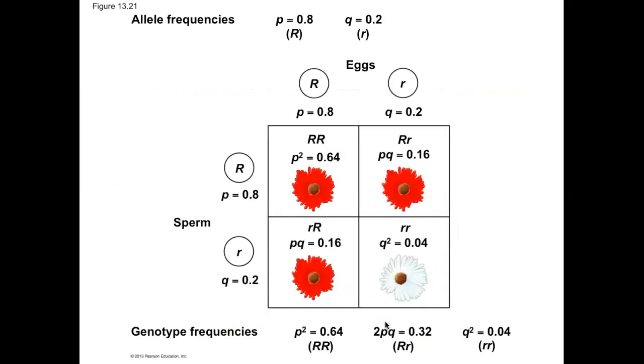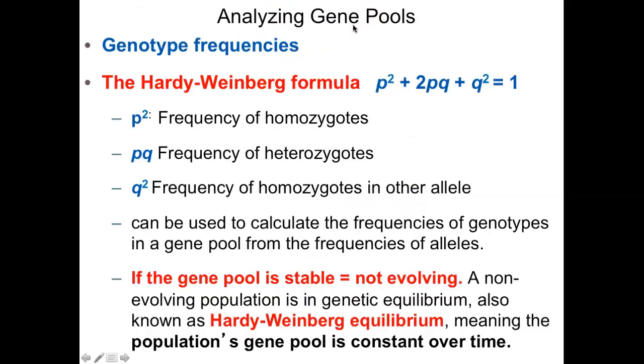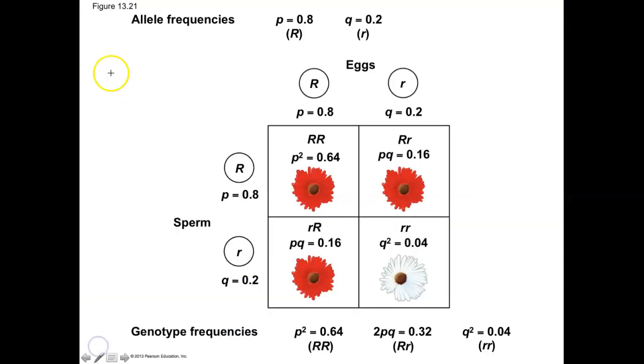It's a little theoretical, that doesn't really happen, but let's look at this. This is something I would actually expect you guys to be able to do, which is to plug in numbers while you do a Punnett square and figure out the allele frequency for different genotypes. These are going to be given to you. You're going to know the p and the q. And let me write down for you, p plus q